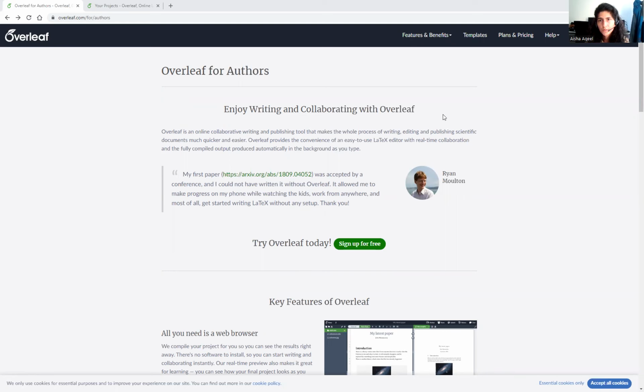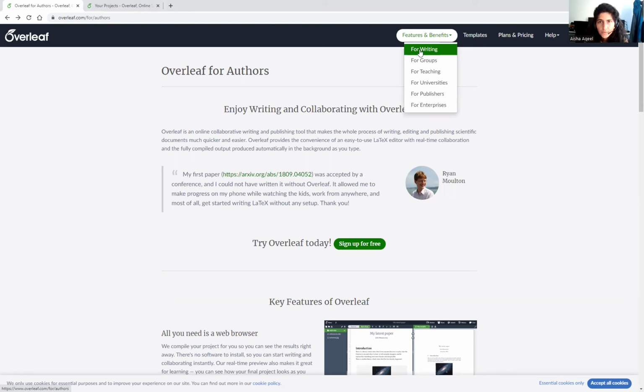Here you can see features and benefits, templates, plan and pricing, help, register, login. If you click feature, it's basically for writing. You can write in groups, you can share them. You can also use it for teaching, and you can use it for universities, publishers, enterprises.